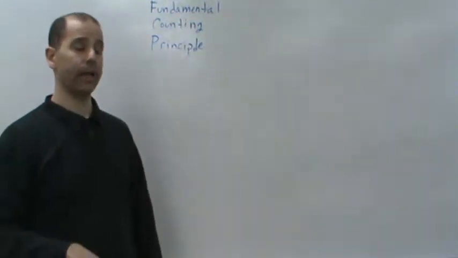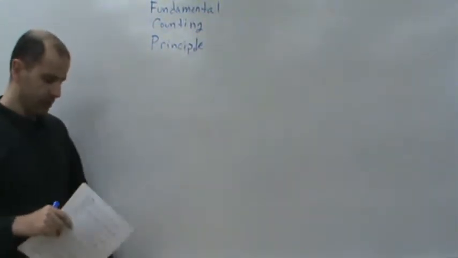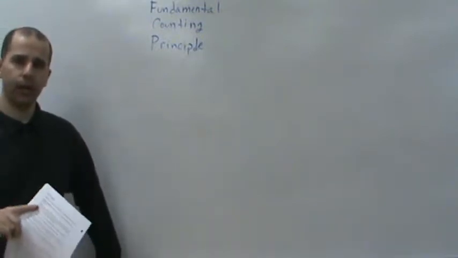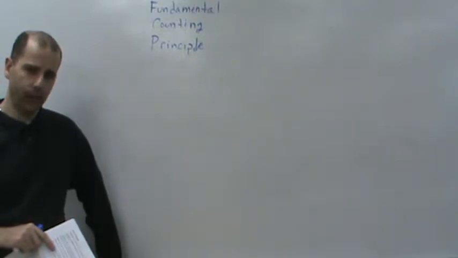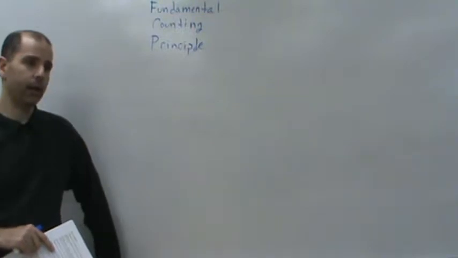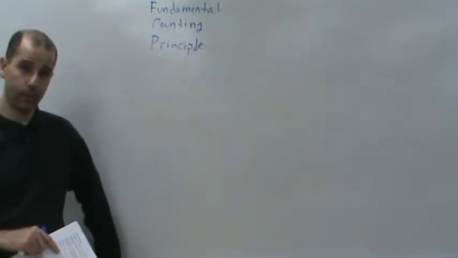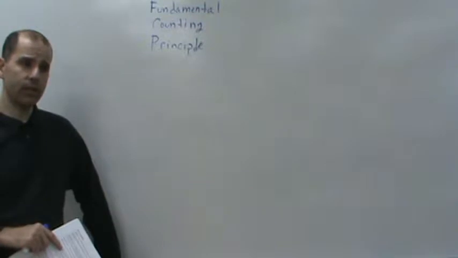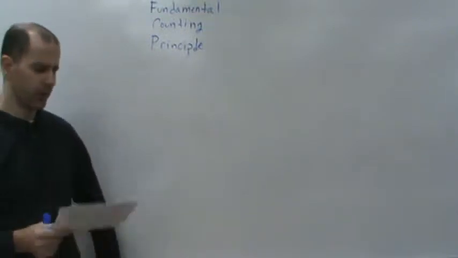So what does the fundamental counting principle tell us? Well, it tells us if we have a certain number of steps in a process and they are distinct, and if there are different ways of doing each step, so distinct ways of doing each step, then the question is, how many different ways can I complete the process? And so the fundamental counting principle